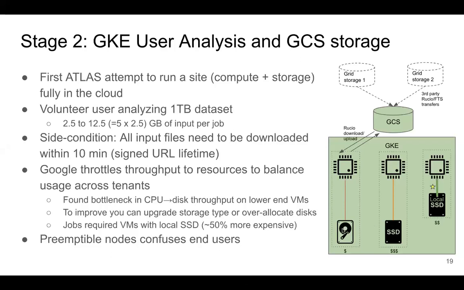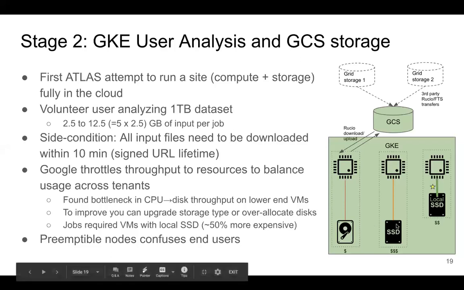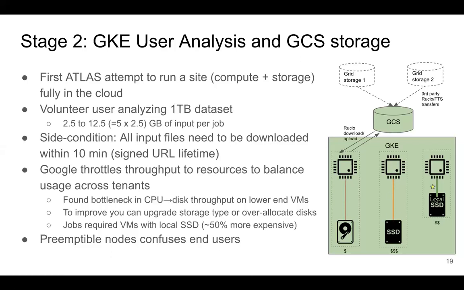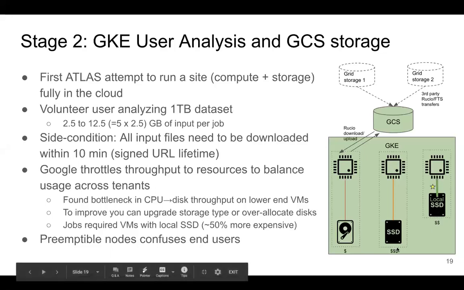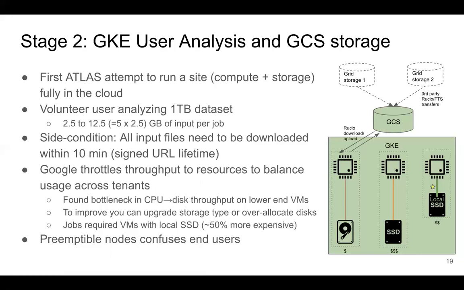So moving from just spinning disk to SSD increases your link throughput. And then if you want to increase it even more, then you have to get local SSDs, which are connected directly through NVMe to the node. The option that we went for was local SSDs, since those are actually cheaper than the network SSDs. And the price was more or less 50% more expensive than running the lower end virtual machines that we